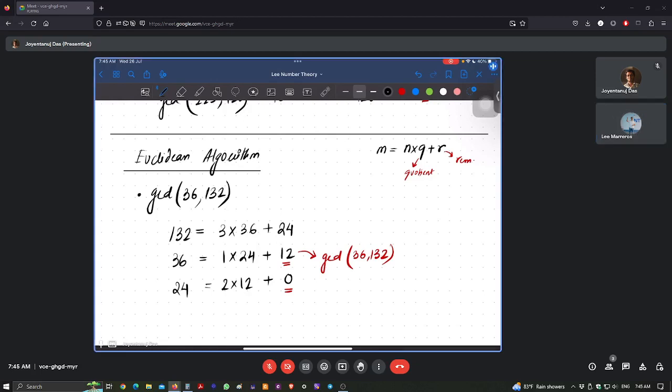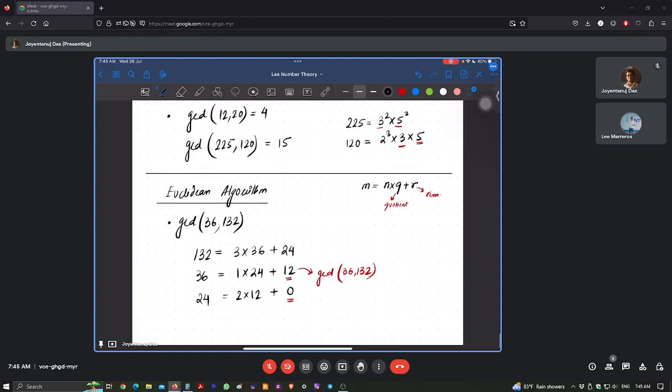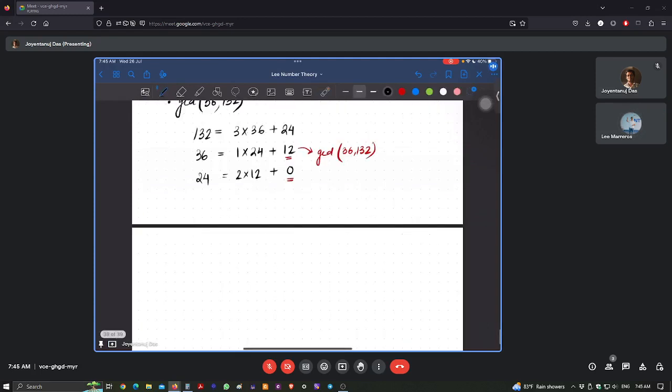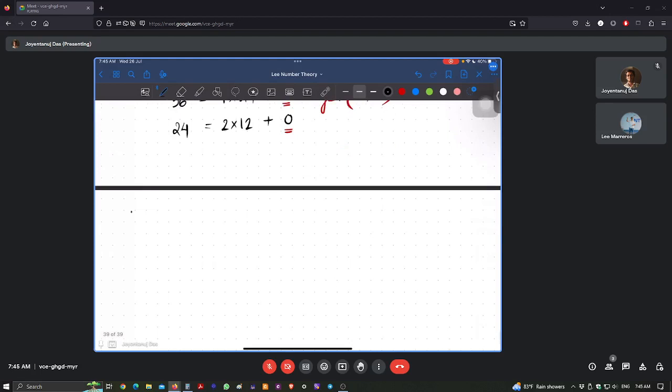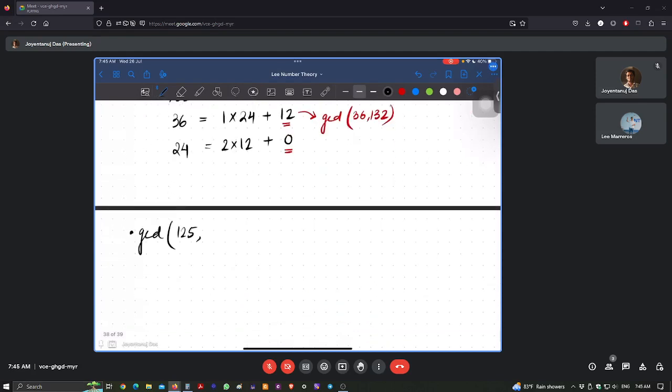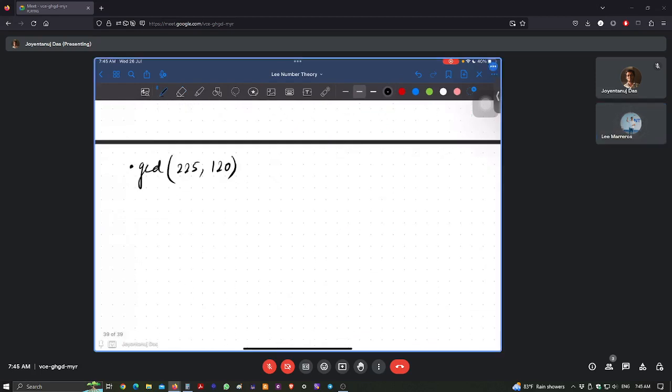Let us try another example, then it will be more clear. We already found the GCD of 225 and 120, so let us use the Euclidean algorithm to check how it comes out. You tell the steps. So the GCD of 225 and 120. Okay, so 25 would be